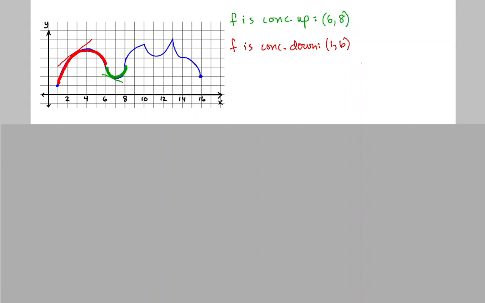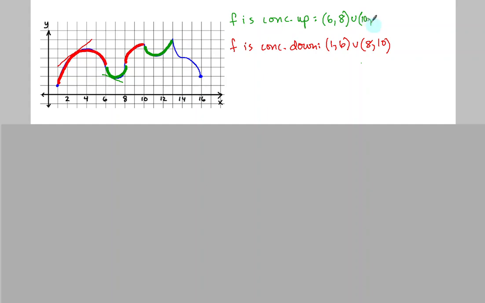Then it switches back to concave down, bending downwards. That's from 8 to 10. The next section of the graph is bending upward. That is going to be from 10 to that sharp point where there is no concavity because there is no bending at that sharp point. So that's at 13. So 6 to 8, union,